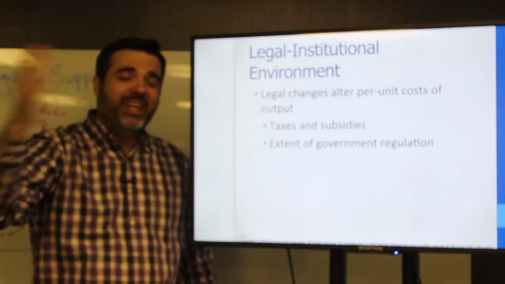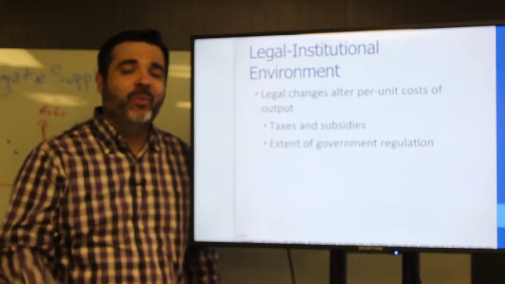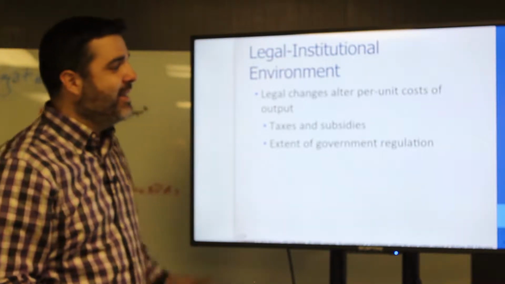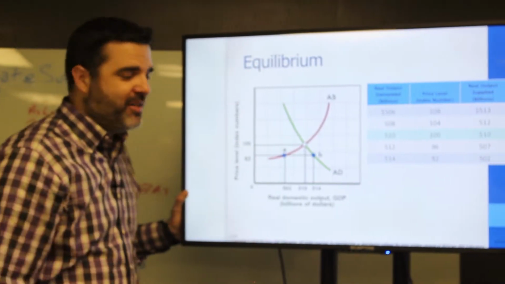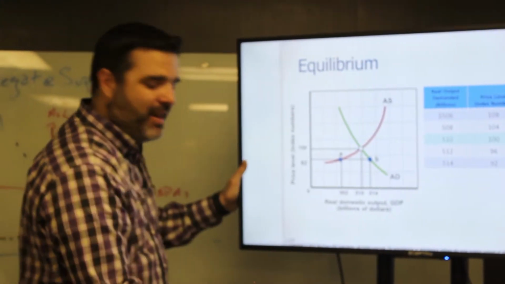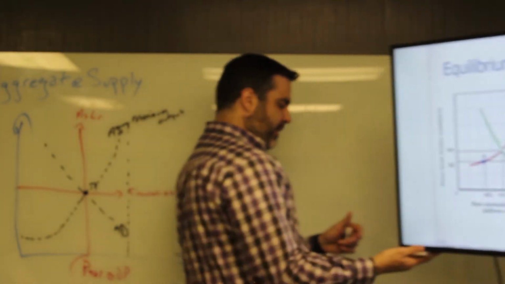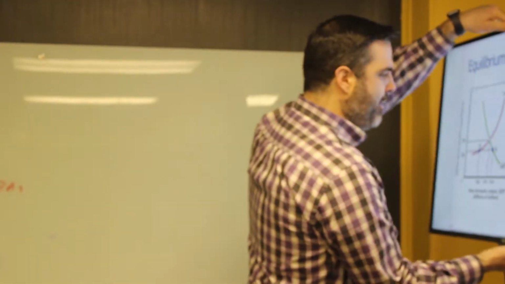Which can push the aggregate supply curve out and can lower our cost and can move the equilibrium, which is a great thing. Okay. And then we have our equilibrium point, which we just talked about. Let's go back and let's draw you some more pictures. So we have the things that move the aggregate supply curve. We got that. We're chugging along here.